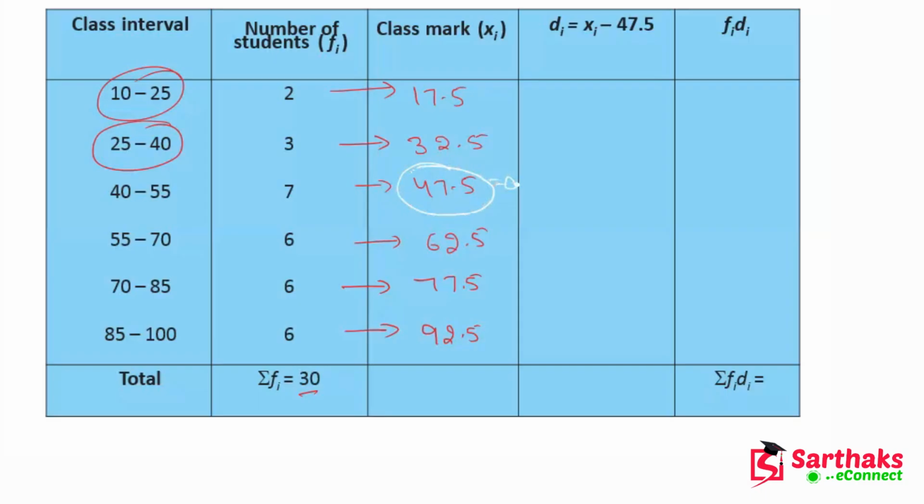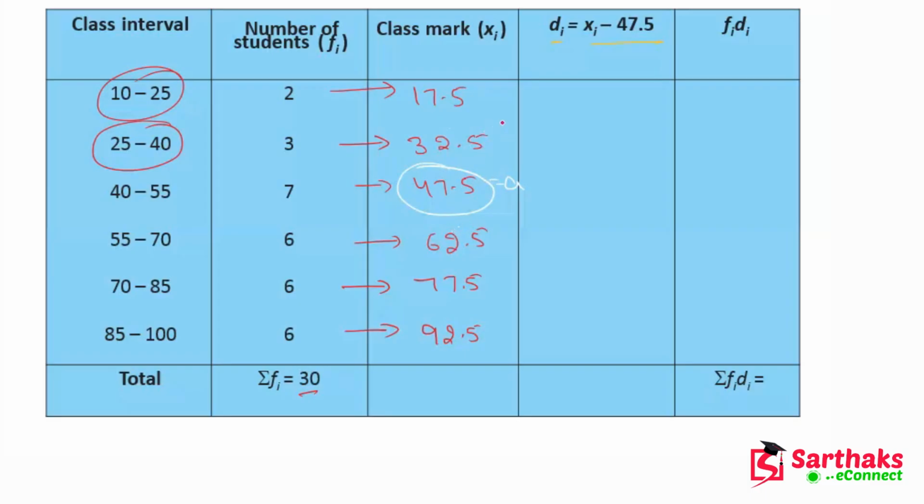47.5 as the assumed mean. This is our assumed mean, which is a, and we have to find the deviation, which is equal to xi minus 47.5, meaning xi minus a. Now if we subtract each of these xi's from a, we get